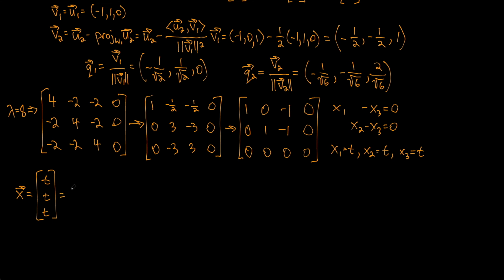And I'll factor out the t. I get 1, 1, 1. And that gives me a third eigenvector u3 equal to 1, 1, 1. So I'll set that equal to the vector v3, because remember,